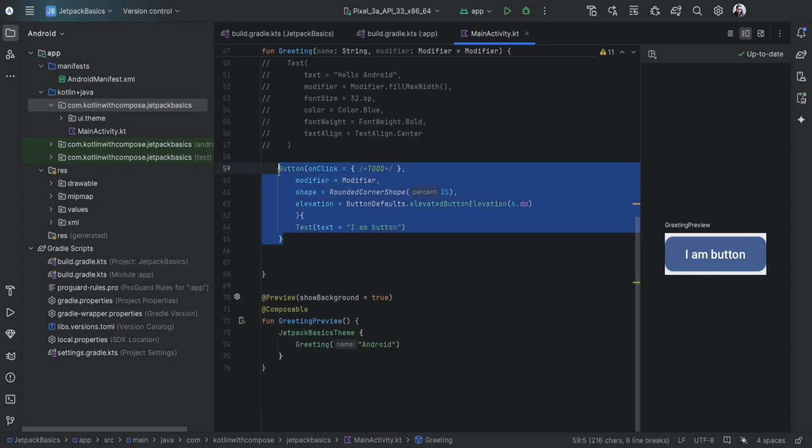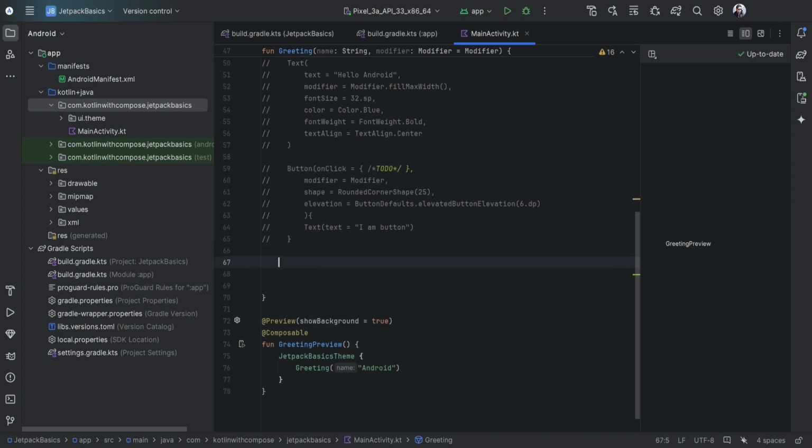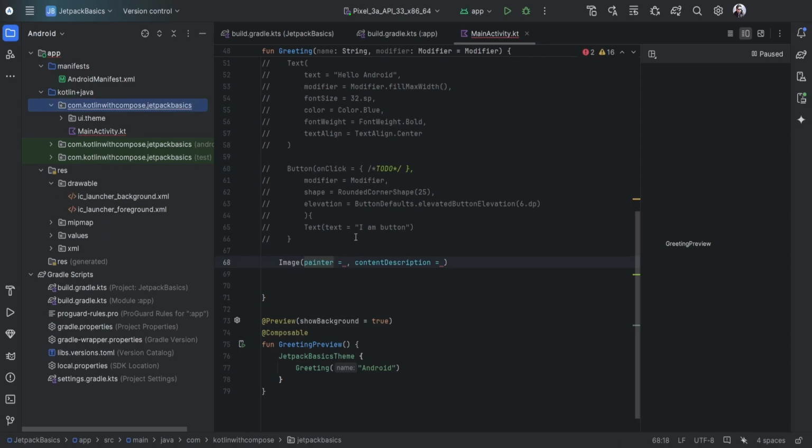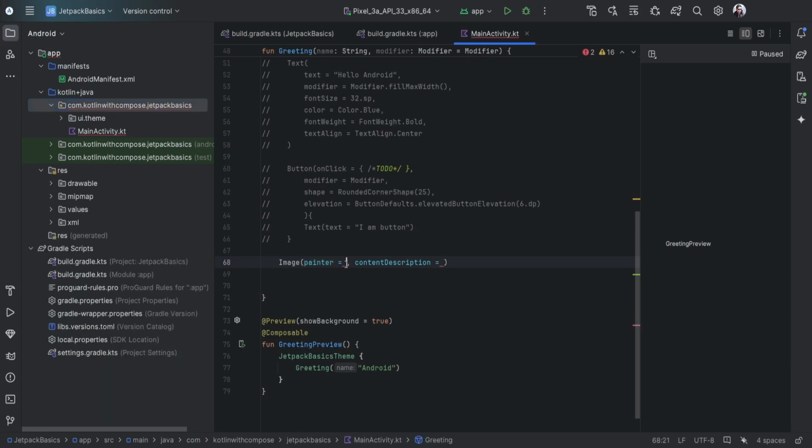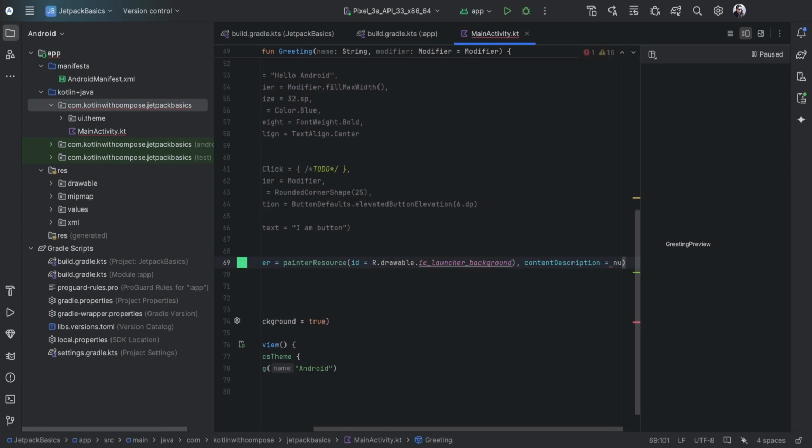So let's comment this and dive into our last composable function for today, that is the image composable. So let's type image and call it, and we'll be using a vector image for this image composable for this video. There are other types, like you can use the painter resource for using painter types, and painter type is for using any resource file that you have inserted in the drawable, and you can just assign the id with drawable dot any name like this, and let's set it null here, and let's